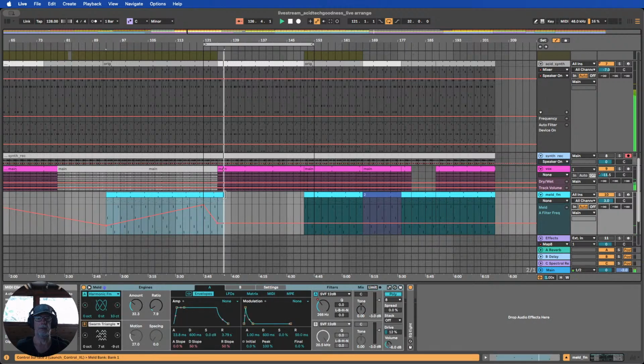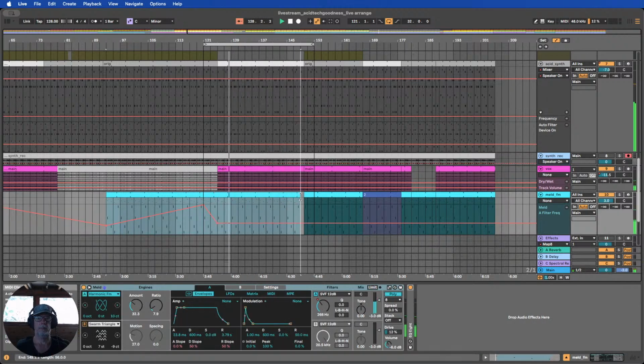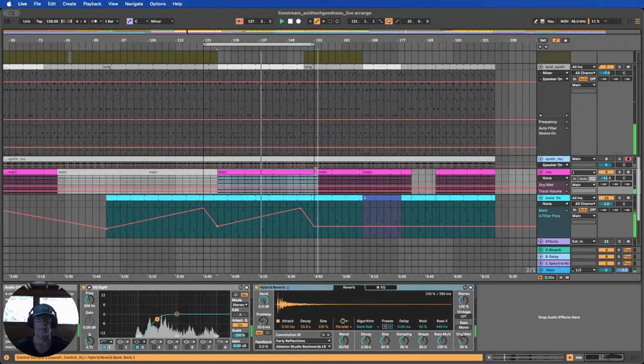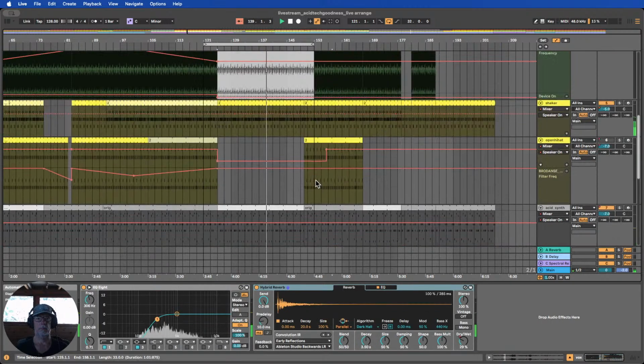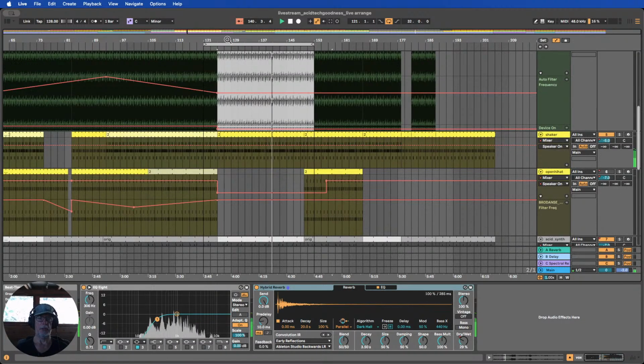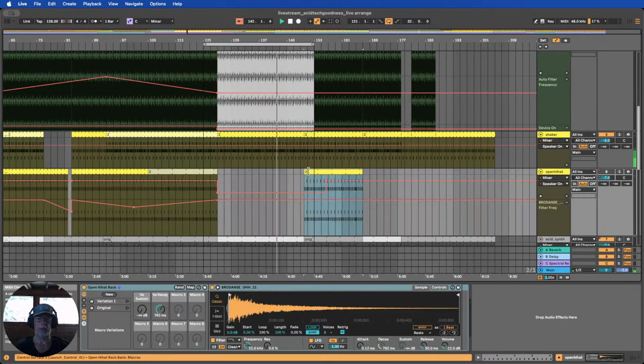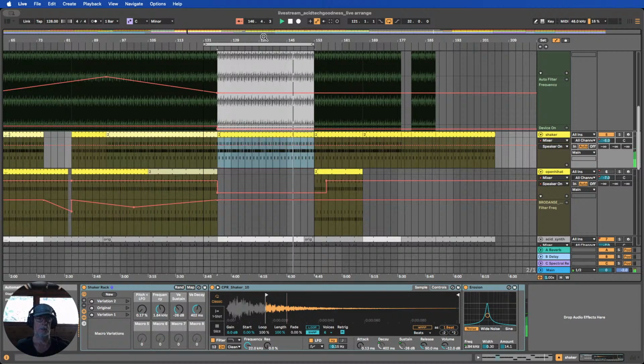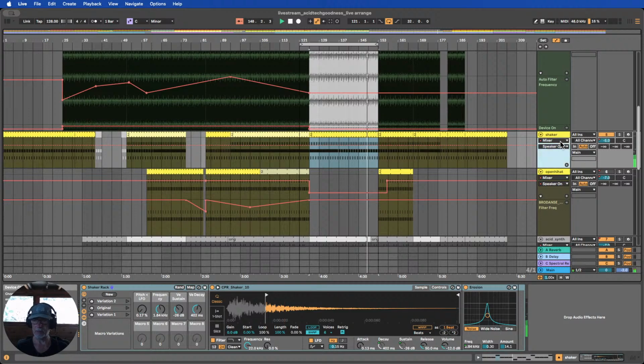Yeah, so the Meld might carry on through here. And this shaker is definitely going to be working its way down towards the end here. So as a rough look at the automation we already have here,